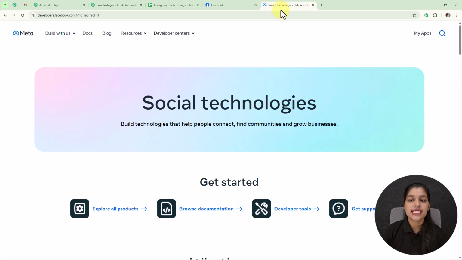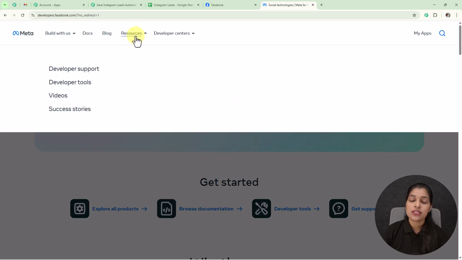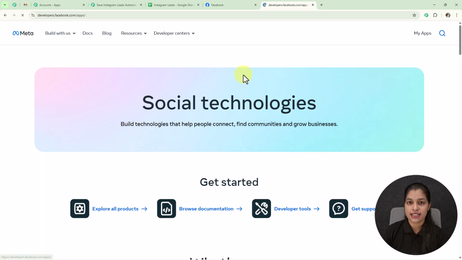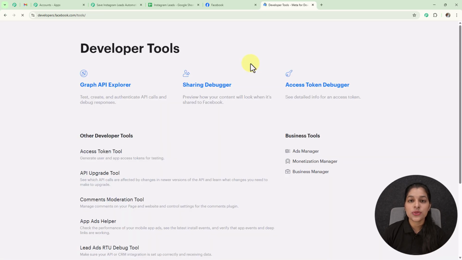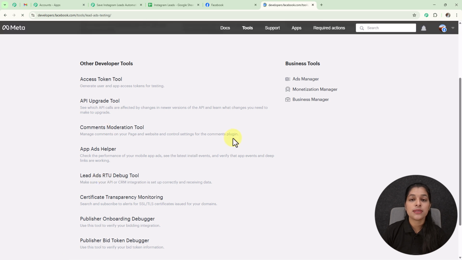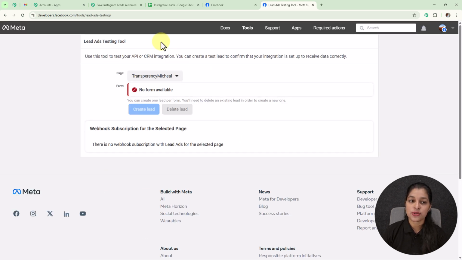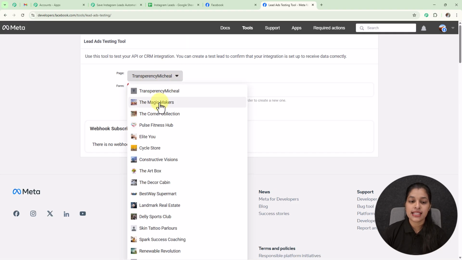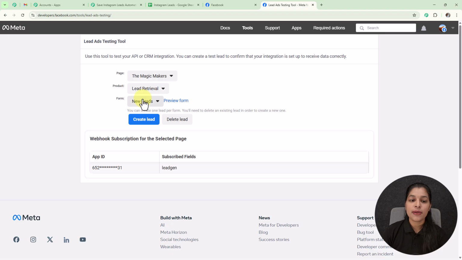So here you can see this is my Meta for Developers page where I'm going to select this option of resources, and on the resources we are getting this option of developer tools which you have to select. and you will be landed to the developer tools page where you have to select this tool, that is lead ads RTU debug tool, and you will be landed to the lead ad testing tool page where I'm going to select my page as the magic makers, and here my form has been already selected,